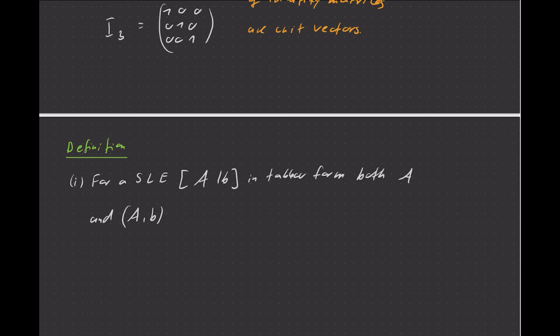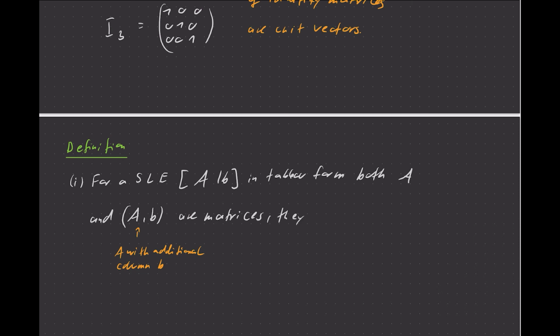So what that means here is A with additional column b on the very right. Those are all matrices, of course,